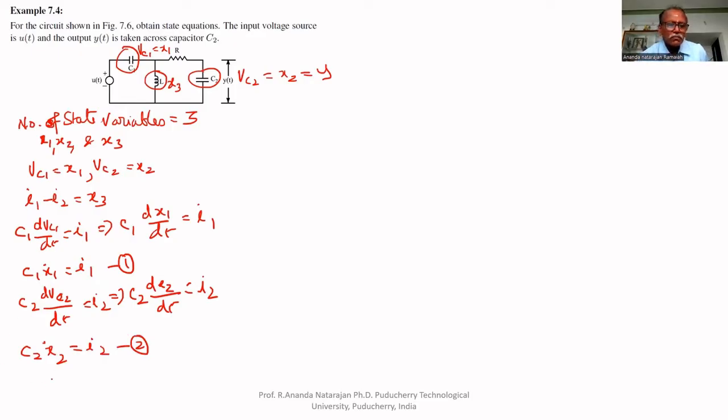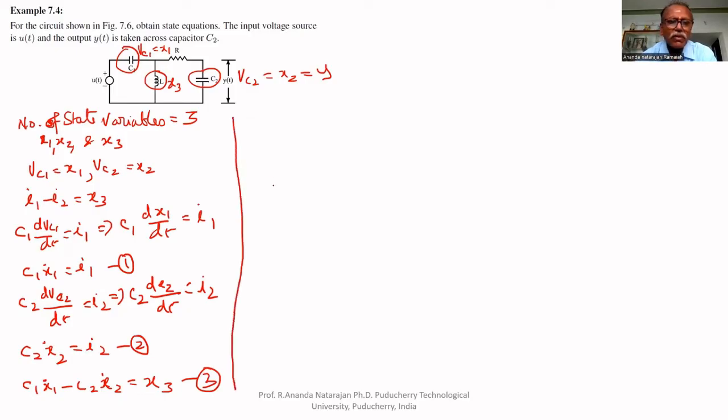Third equation is I1, that is C1 x1 dot minus C2 x2 dot equal to x3. This is the third equation. We can write one equation based on